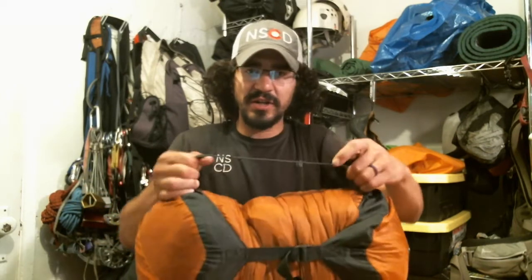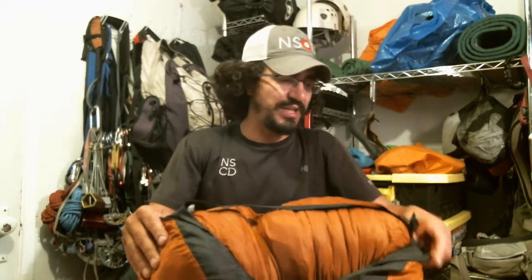Great. So the other option we have is what we call a down sleeping bag. The down sleeping bag is going to be made of goose down or duck down. A lot of them are being made with duck down nowadays. And again, just like their counterparts, they're rated to different levels of temperature. What you'll see is the lower the temperature the bag is rated for, the higher the fill power, which means there's going to be more